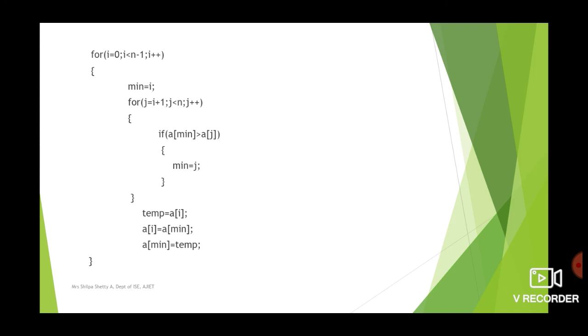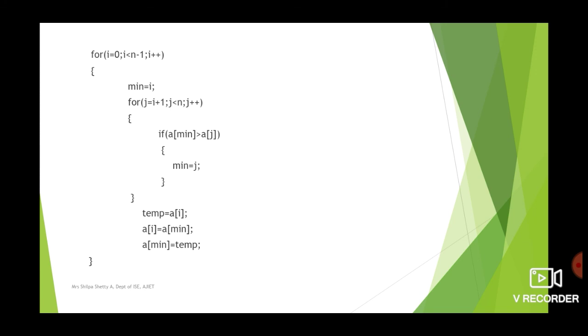So this happens during each iteration. That means instead of swapping each and every time, we just note down in which index the minimum element is present, and once we finish all the comparisons of a particular pass, finally we can swap that minimum element with the element we had considered as minimum. So that is how it works. Okay, so during the first pass, minimum is always 1. So first with second, likewise it actually takes place.